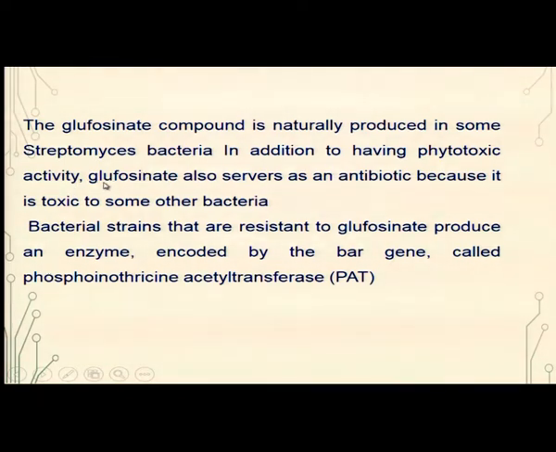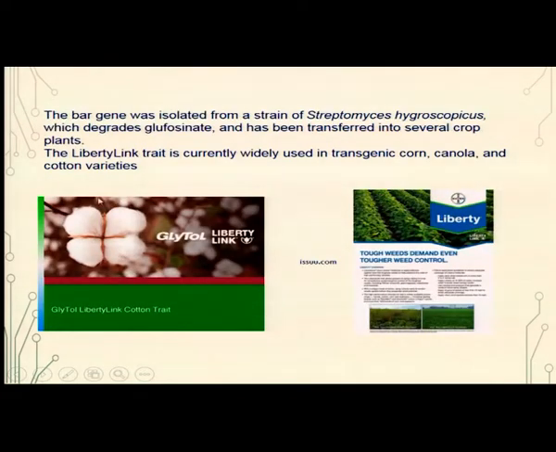The glufosinate compound is naturally produced in some Streptomyces bacteria, in addition to having phytotoxic activity. Glufosinate also serves as an antibiotic because it is toxic to some other bacteria. Bacterial strains that are resistant to glufosinate produce an enzyme encoded by the BAR gene, which is called phosphinothricin